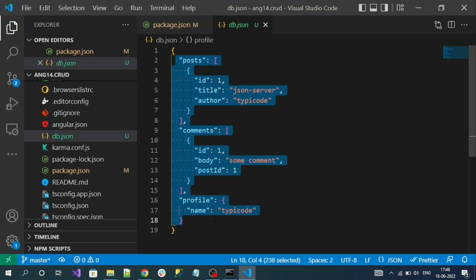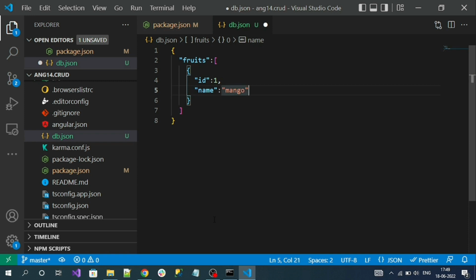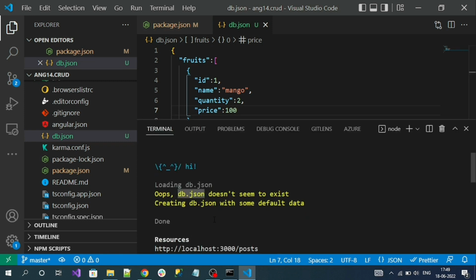I'm going to remove all these. So in my sample, I'm going to display fruits. Okay. And array. So my JSON will be like mango, and quantity 2, and price 100. Okay. So now if you check again,